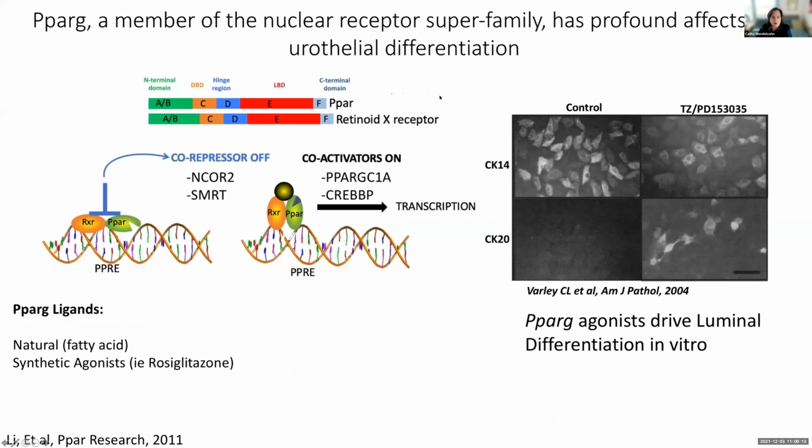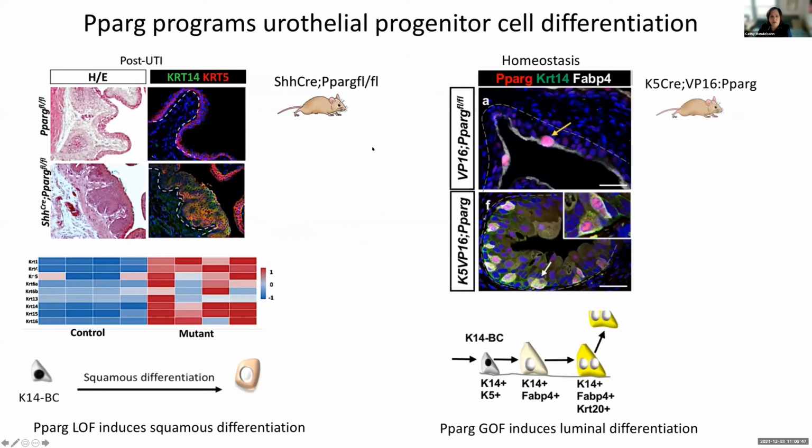So we've been working on PPAR gamma. It's a nuclear receptor superfamily member. These are all transcription factors that are activated by ligands. Natural ligands are fatty acids, for example. Synthetic ligands for PPAR gamma include rosiglitazone and pioglitazone, and some of these have been used to treat diabetes, but they do have side effects. And it's been shown that PPAR agonists can drive basal K14 cells in vitro to start to express markers of mature superficial cells. So they potentially have a potent role in the urothelium,